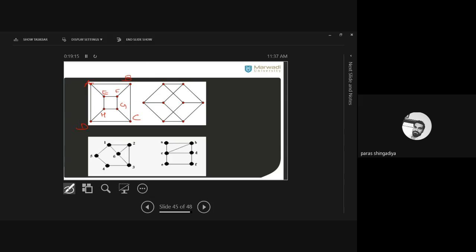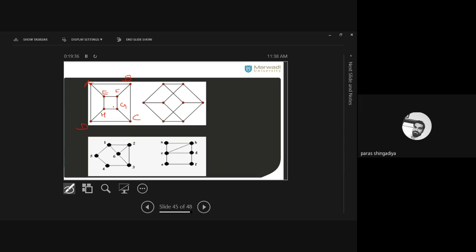So here the degree of A is equal to 3. Okay, so here you have to find such a vertex whose degree should be 3. A is adjacent with B, E, D. A किसके साथ adjacent है? That is B, E and D के साथ.